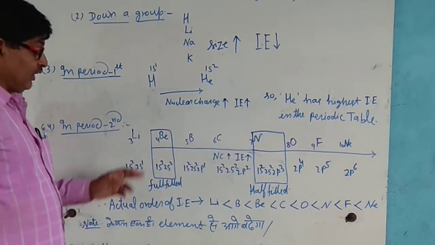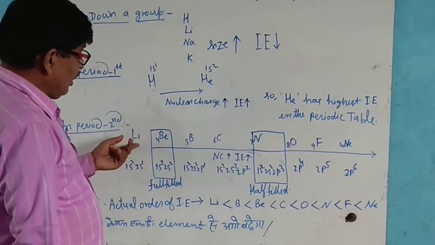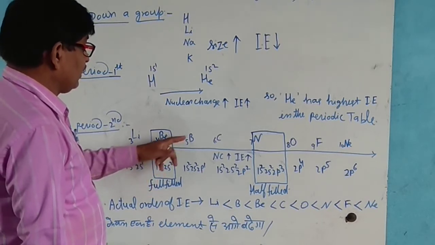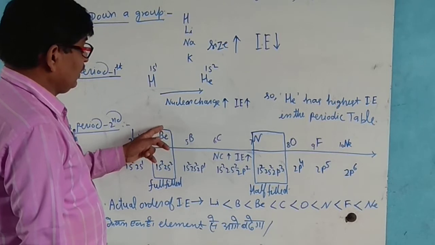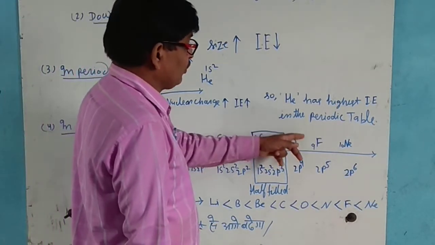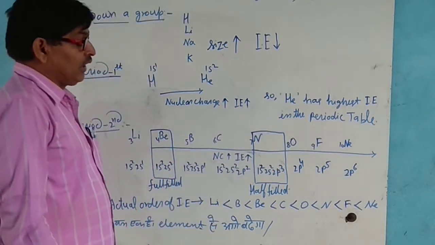the ionization energy of this is greater than this. Boron comes here, and this element also comes here. It means that